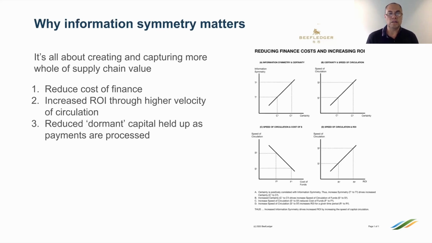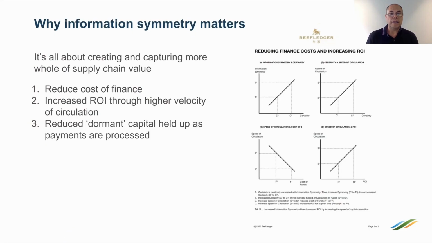So in markets where there is information asymmetry, where vendors or merchants know more about something than the buyers, then the typical outcome is that mediocre or suboptimal suppliers will tend to dominate the marketplace. What we also know is that asymmetry also leads to higher costs of finance, and by achieving more symmetry, we're able to reduce costs of finance. And our estimate is that supply chain finance costs can be reduced by probably about 10%, which is a very significant whack on export competitiveness.